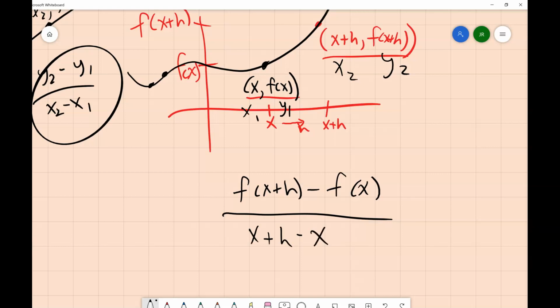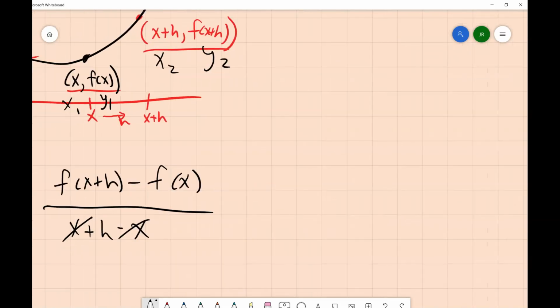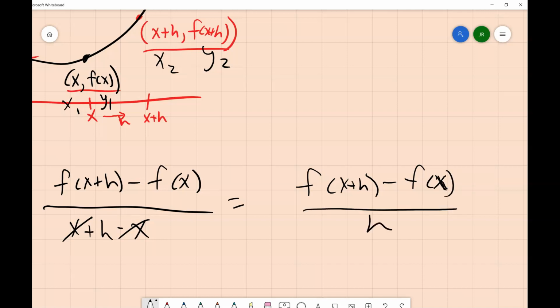All right. Now the bottom will simplify because x minus x is 0. So this becomes f of x plus h minus f of x over h. And what we do in calculus is we say to make this be the instantaneous rate of change